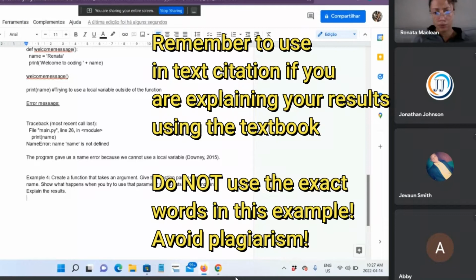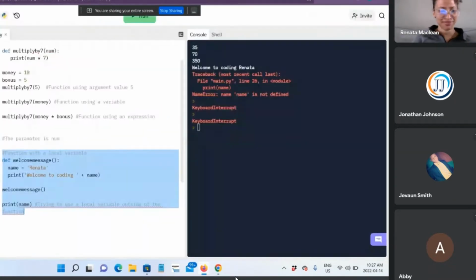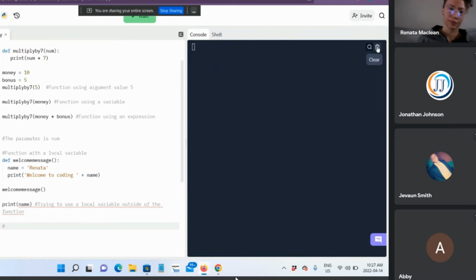All right, so this one asks us to create a new function. Oh boy, we're going to be creating another function yet again. So let's go back to our Python compiler on Replit. By the way, you can clear the screen by going over into the black area, and in the top right corner there's a little garbage can icon that will clear the screen. So over on the console, click that little garbage can and it says clear. Perfect.